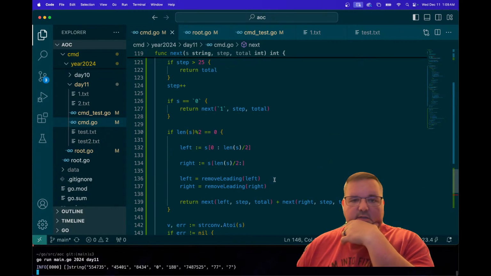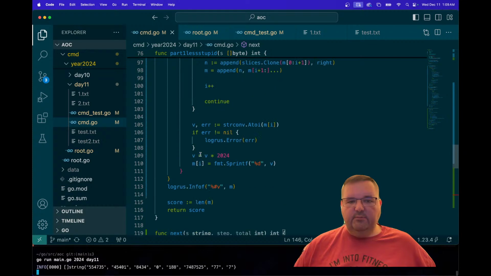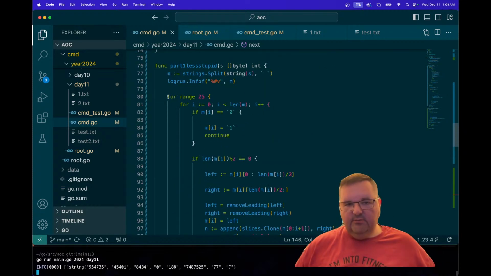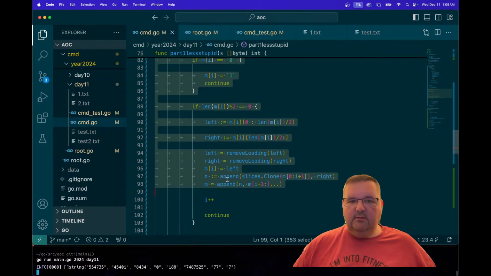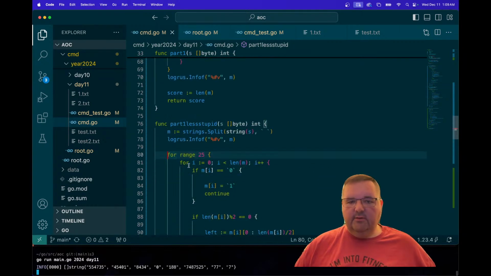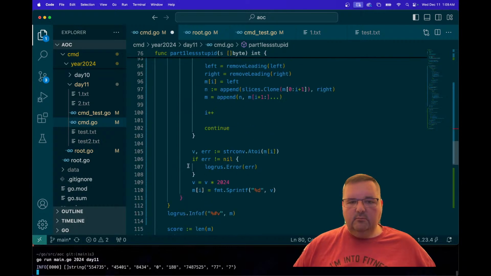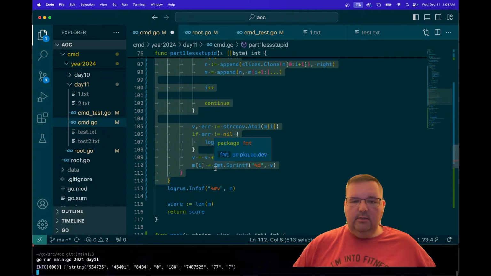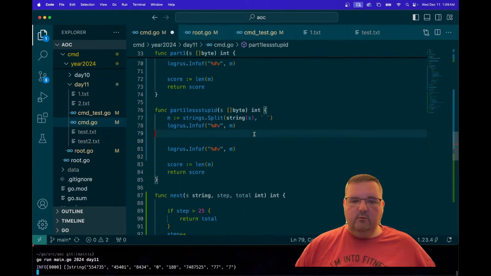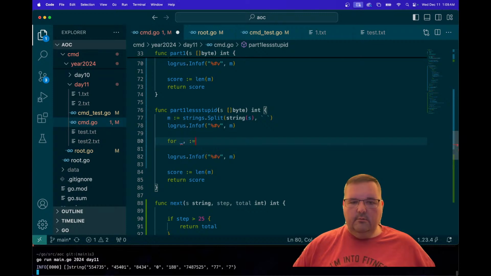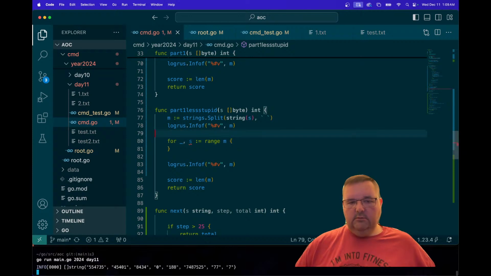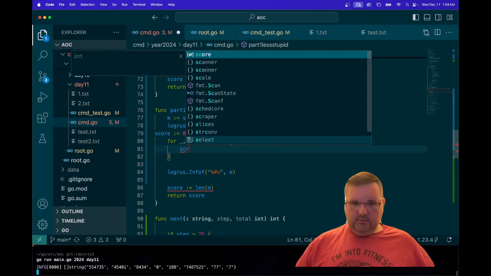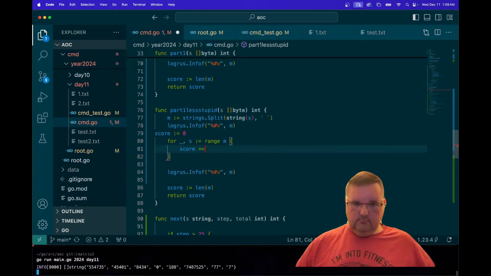Yeah, something like this. That should be better. And then what we end up doing is we get rid of this ranging here completely. This is the less stupid way, right? Yeah, part one less stupid. We'll get rid of all of this, and instead it will just be for score, and then score plus equal